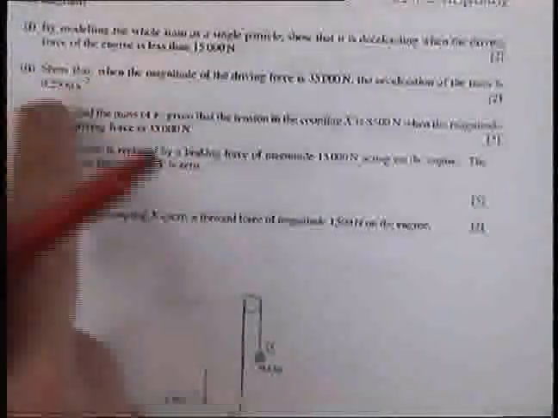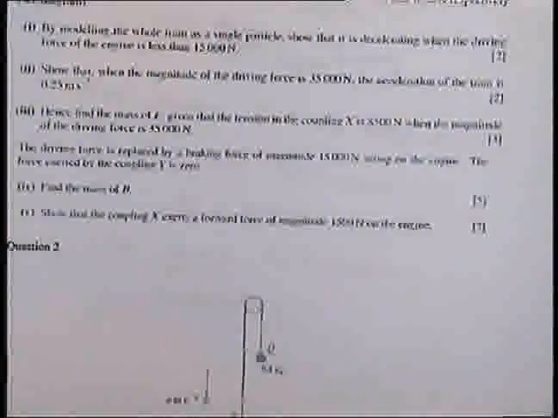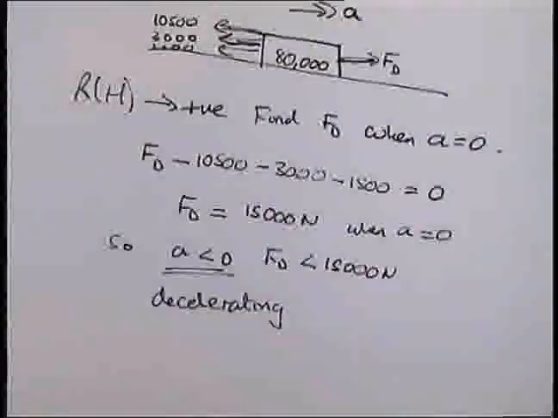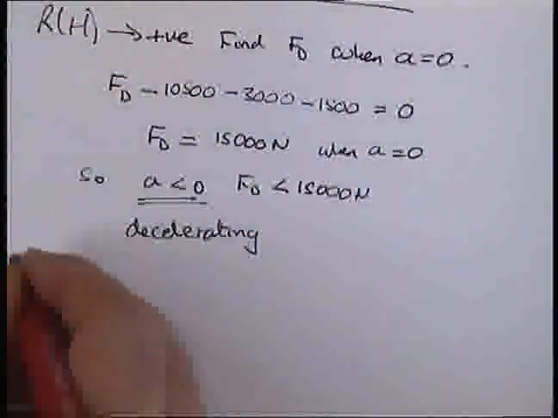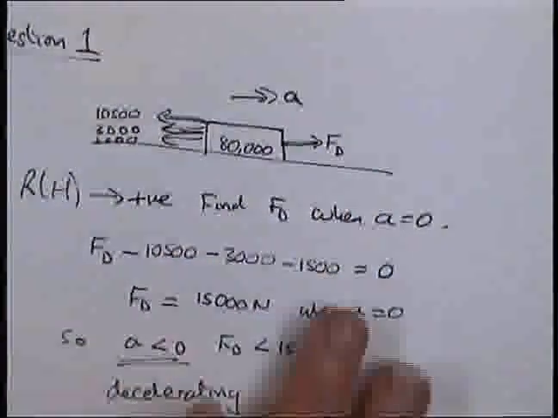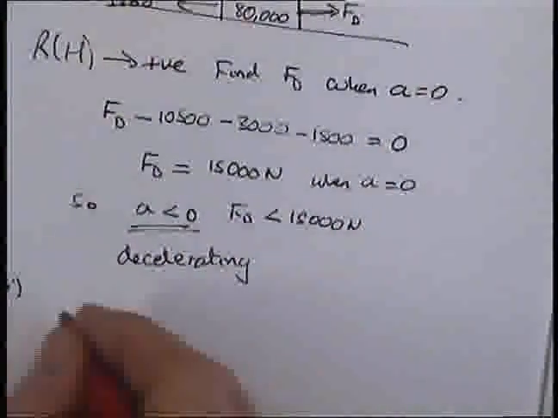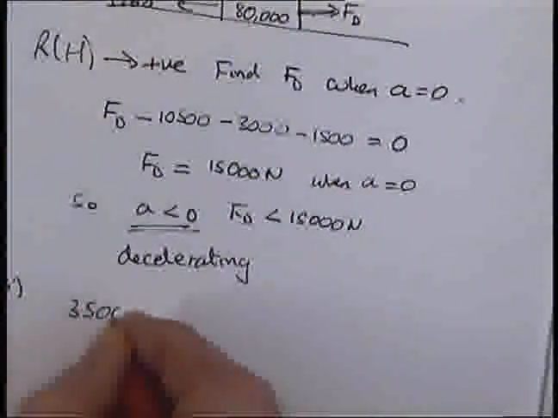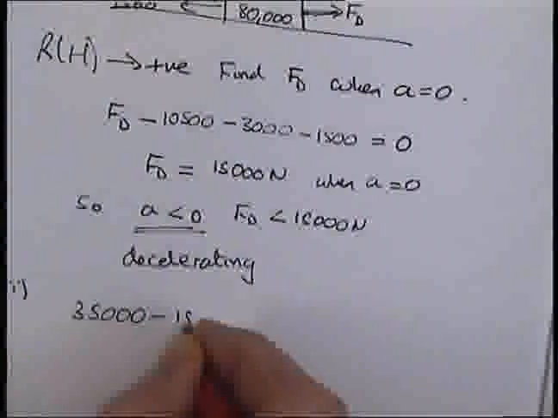But what's good is they've actually given that acceleration, so if you couldn't have done the first two parts, you can still use that acceleration for future parts. And it's also a nice feeling in an exam when you've actually shown the figure that you've been asked for. So we have now got this driving force, which I've got on this diagram as 35,000 newtons. So now if I resolve again, I get 35,000 minus 15,000